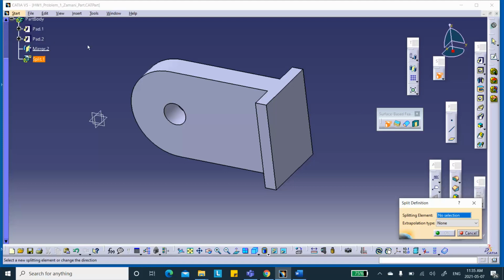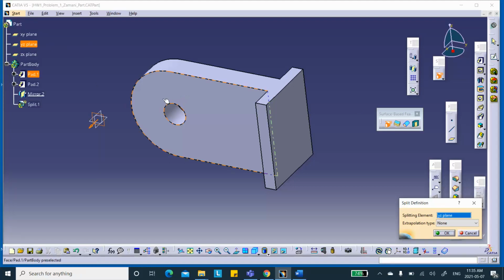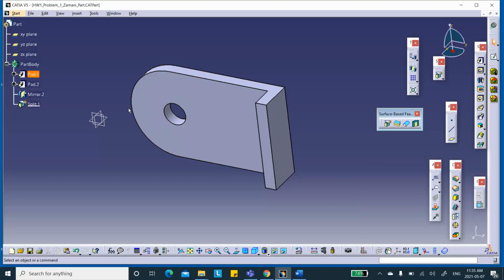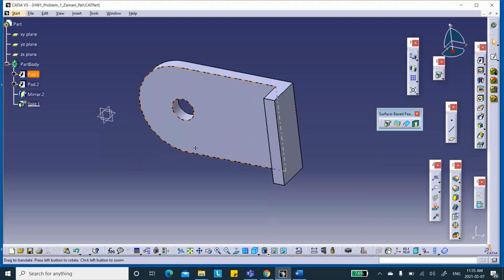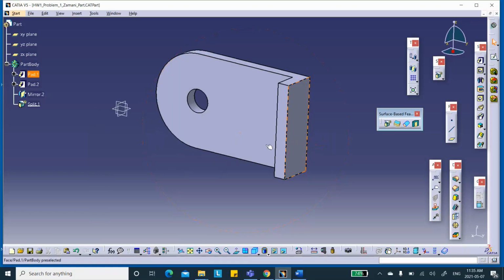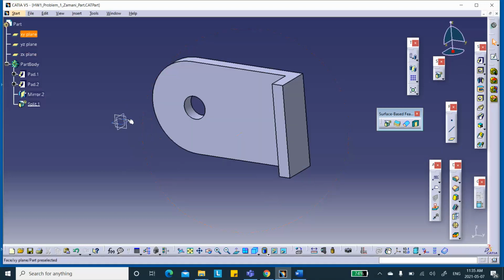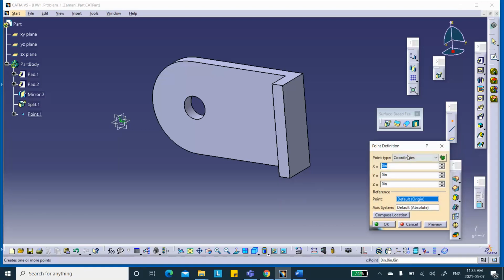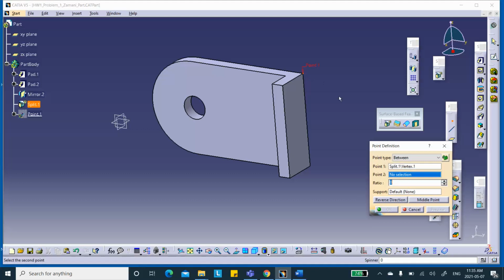So we're going to use the YZ plane and keep the side that's closest to me right there. I also want to cut it with the horizontal plane, something parallel to horizontal plane. But the way I did it, this YZ cannot be used, because I did a mirror extend. I could have used the YZ, but not with the XY. Okay, so what I need to do is to create a plane halfway between this height. So the first thing I'm going to do is create a point between this point and that point,